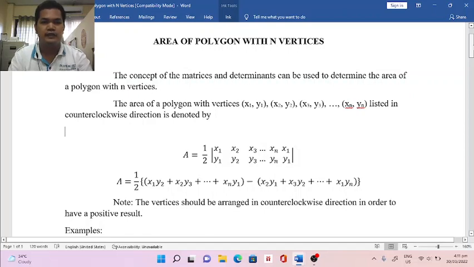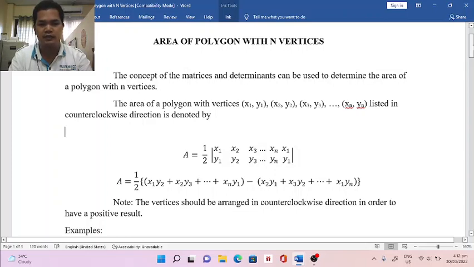Good day. In this video, we are going to discuss the area of a polygon with n vertices. The concept of matrices and determinants can be used to determine the area of a polygon with n vertices. The area of a polygon with vertices x sub 1, y sub 1, x sub 2, y sub 2, x sub 3, y sub 3, up to x sub n, y sub n, listed in counterclockwise direction is denoted